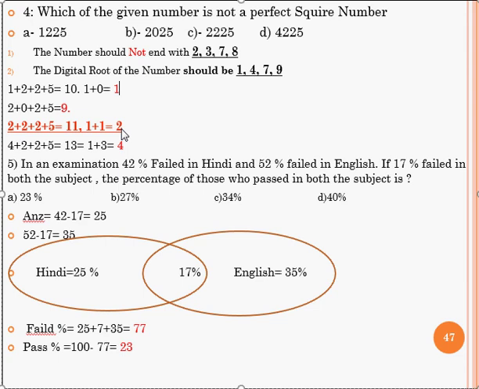Now you can check whether D, 4225, is a perfect square or not. In the CUCET exam you only have to find the one that is not a perfect square, but we can check. 4225: the end number is 5, so the first condition is satisfied. In the case of the digital root, we got 4, so the second condition is also satisfied. So the fourth one is also a perfect square. In this case, C is not a perfect square, so our answer is 2225.